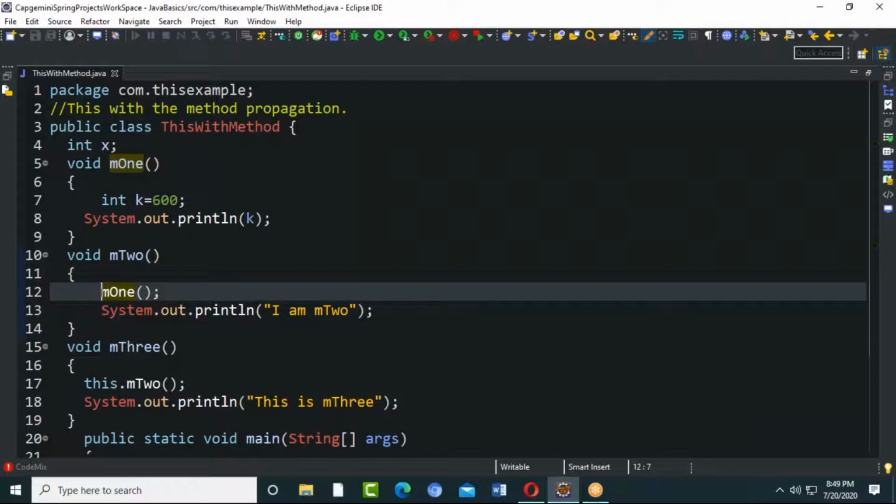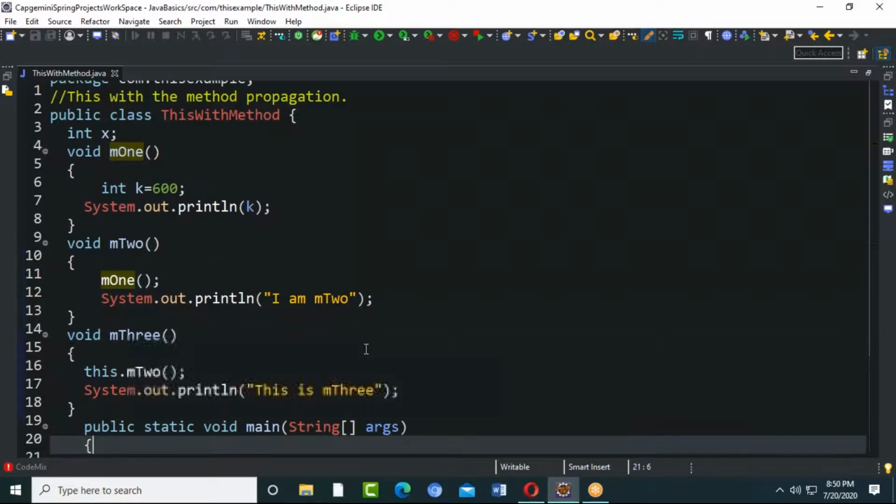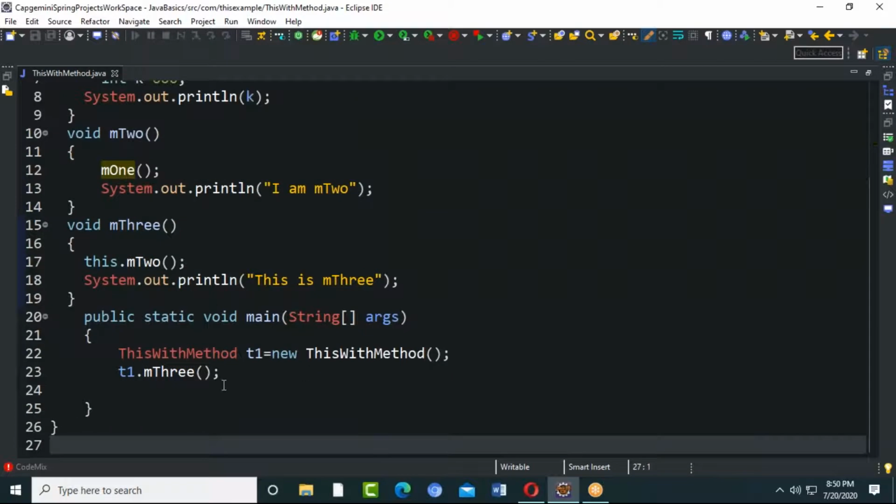Yes. If it is another class, I have to create an object and access that method. But if it is a static method, I don't need to create an object. I can call the method directly with the class name. Okay. Make sense? Got it. Yes. So this with the method name we have seen. This I don't need to say, because by default it is available.